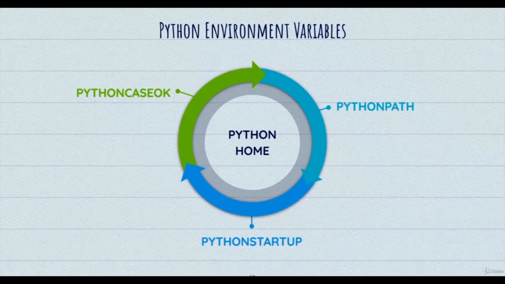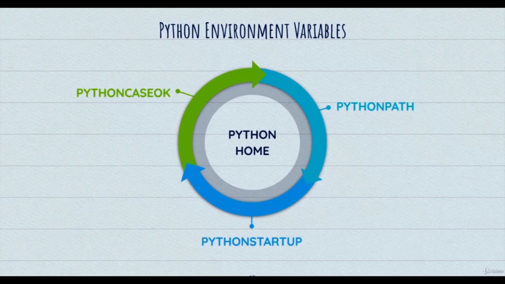And the last one is Python home. It is an alternative module search path. It is usually embedded in the Python startup or the Python path directories to make switching module libraries easy. So not all of these are mandatory, but what I suggest in terms of getting all these is